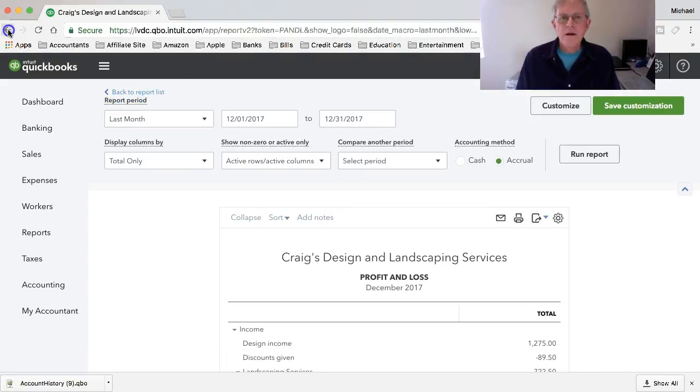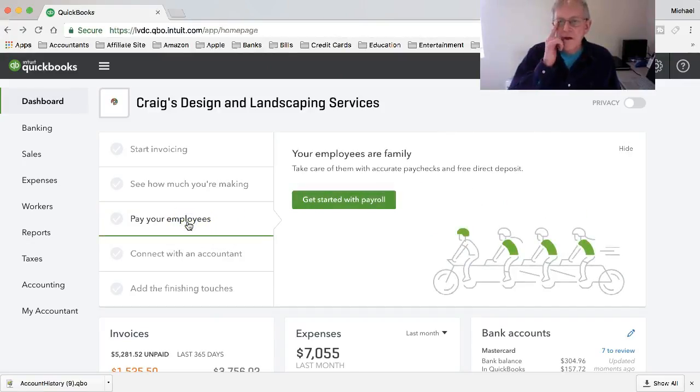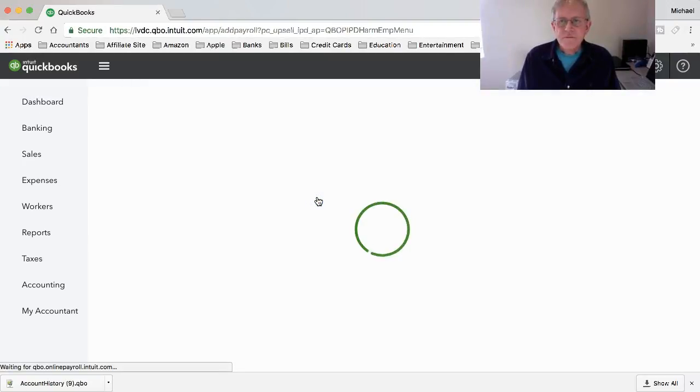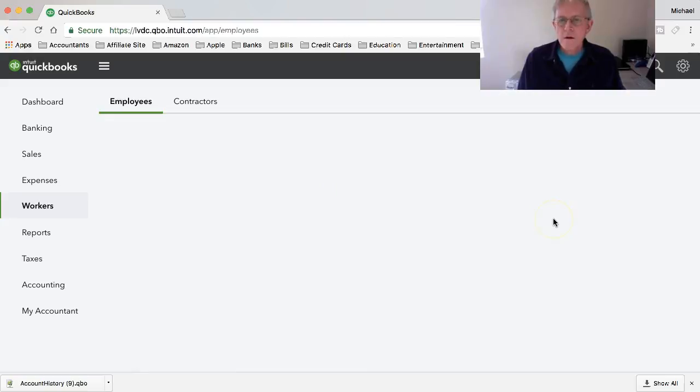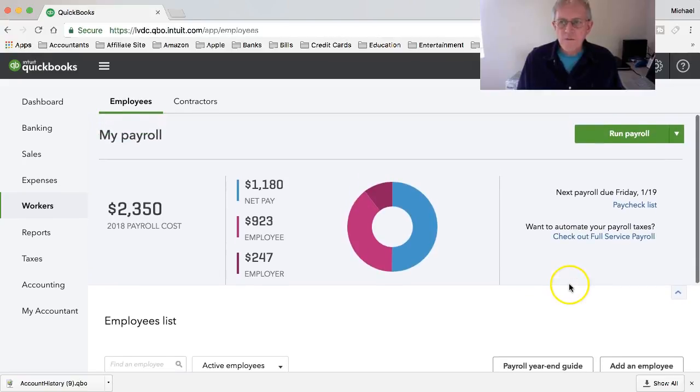Okay, we want to get back out of this. And then if you have employees, you'll get started with employees. Since this is a sample company, and I recommend that you practice on it, it gives you an idea on how to do things. You can run payroll here. With payroll with Intuit, you have to have a subscription. Okay, the next is